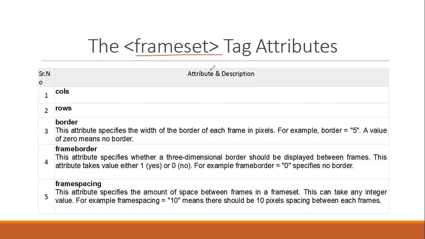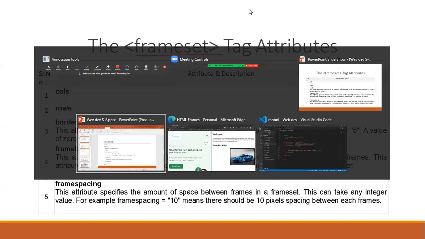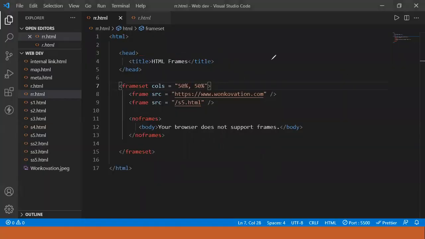The first frameset attribute will be cols. So what will cols do? Similarly to what we have done earlier, cols will divide the screen into different columns. If I want to add one more column over here, I will first divide my screen accordingly. I want this to be 40, this to be 40, and another to be 20 percent, and after that I am going to give